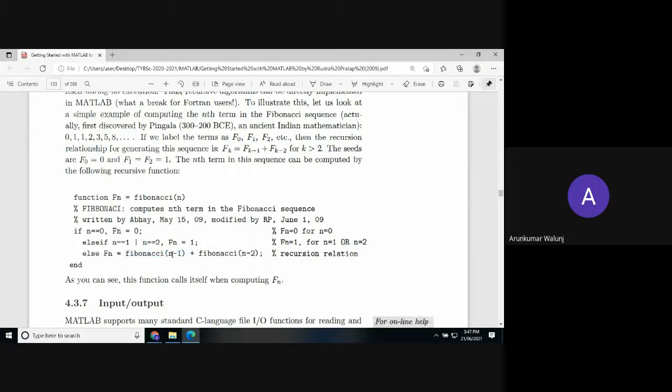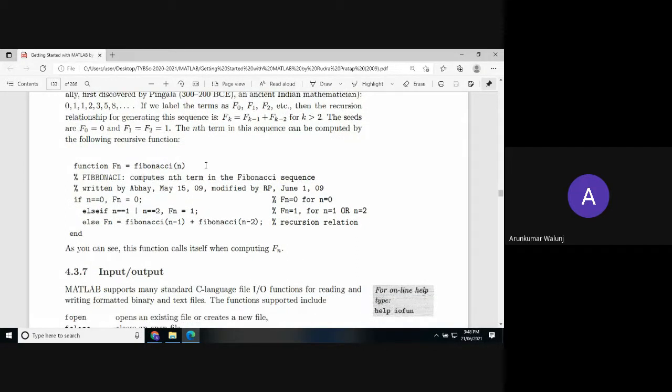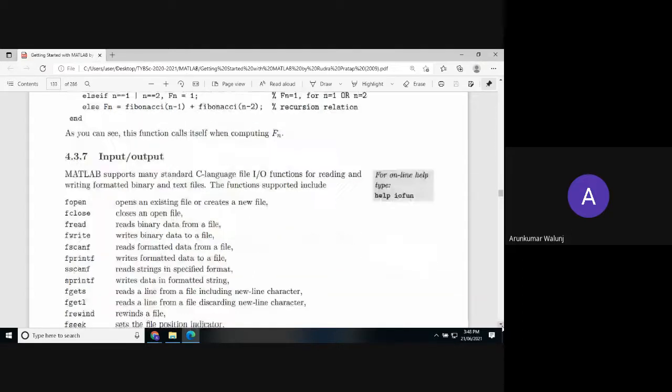So if it is 10, 10 minus 1 and plus 10 minus 2, means 9th and 10th term will be added and function will be calculated. Next is again, it will go back, and here it is 9 minus 1 and 9 minus 2. Here 8 minus 1, 8 minus 2, 7 minus 1, 7 minus 2. So you are calling the same function again and again, so long as the conditions are true, and it will end when it meets the condition. And you can see that the function calling itself while computing final fn, and it will calculate the 10 terms when n is equal to 10, or maybe 100 terms also, and you can generate the Fibonacci series for desired number of terms.